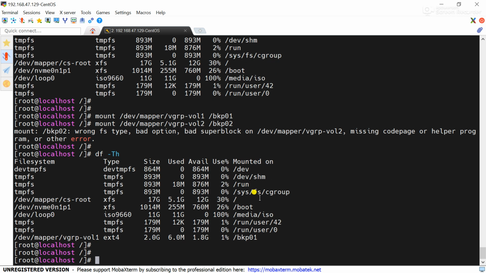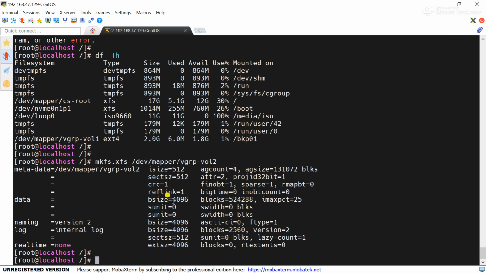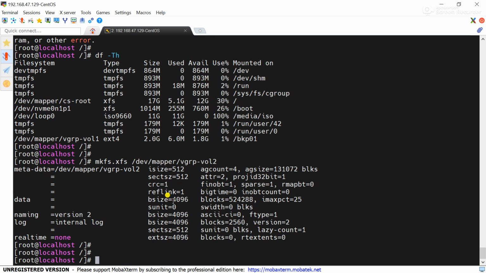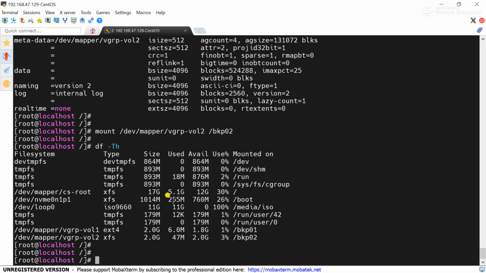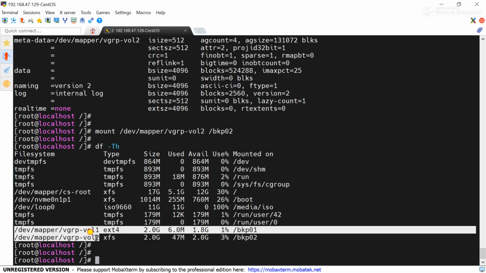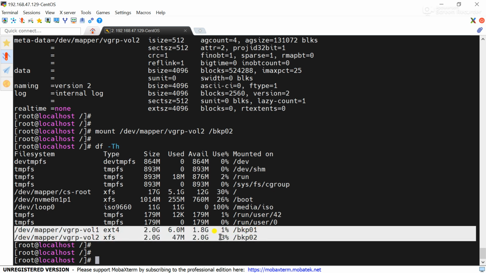Okay, format it again. mkfs.xfs /dev/mapper/VGRP-vol2. Done. Now try to mount it. You can see successful. Now use the command df -Th. You can see both partitions are showing here. We have successfully mounted the logical volumes over bkp01 and bkp02, and you can see this is the file system type